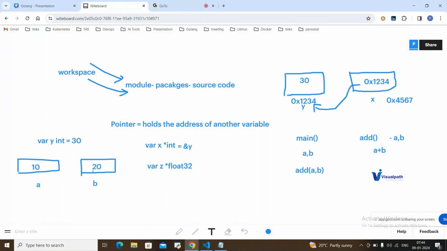So here I have stored 20. When you are inside the main function, this is what is created, and it is holding an address, for example, 0x1234, and this one is holding another address, for example, 0x4567. So when you pass this variable A and B to the add function, a new copy gets